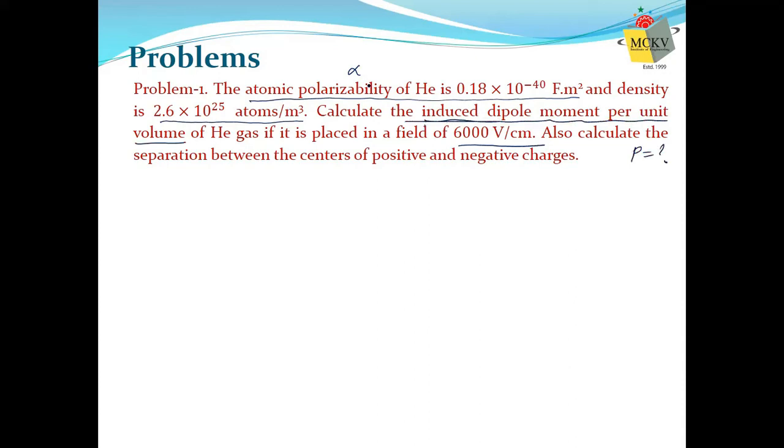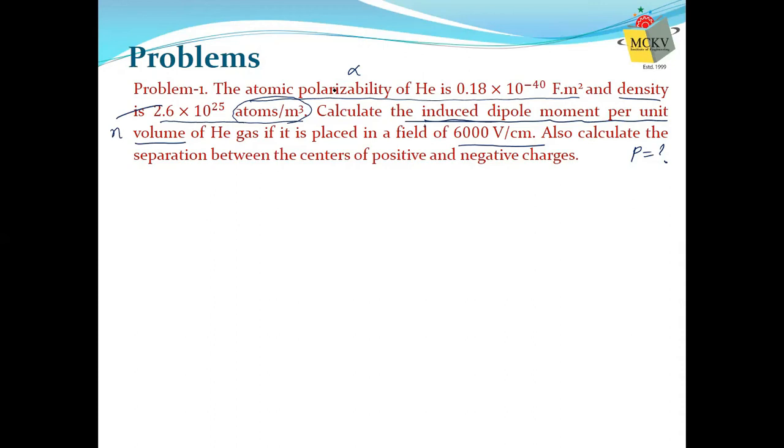If you are not certain about the quantity, check its unit. Sometimes the names which are given are confusing, like here density is meaningless. But if you observe, the unit is atoms per meter cube, so that means it is the number of atoms per unit volume. That is nothing but atomic density N. What we define as N is the number of atoms, or dipoles, per unit volume. So always check the unit for any subject. It is very helpful.